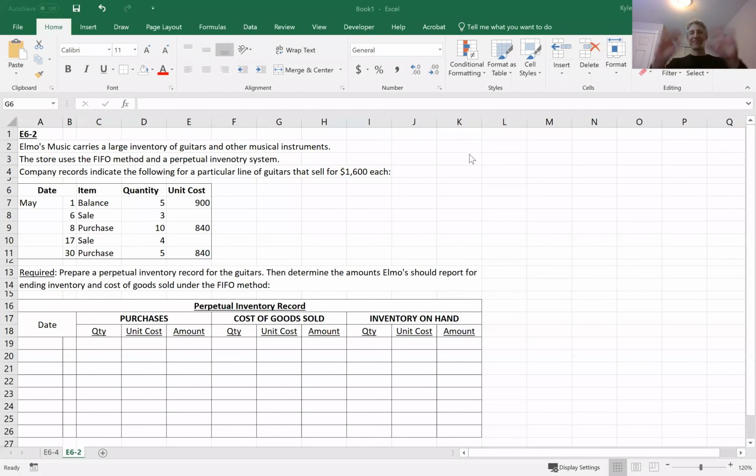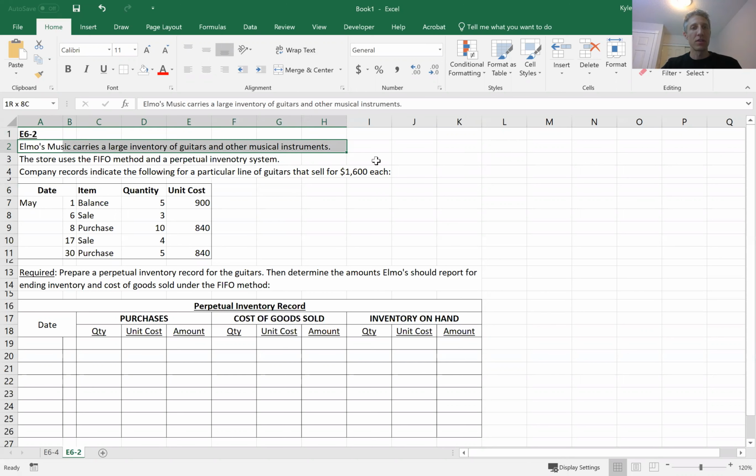Okay, welcome. This is going to be an e-tutorial on how to solve E6-2 from the workbook. So Elmo's Music carries a large inventory of guitars and other musical instruments. The store uses the FIFO method and a perpetual inventory system, and the company records indicate the following for a particular line of guitars that sell for